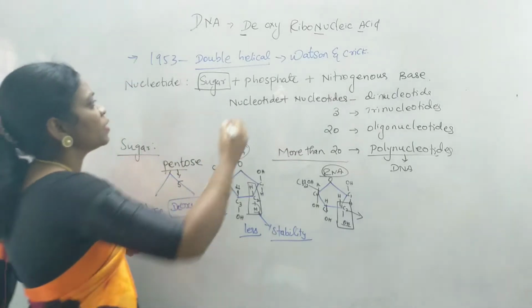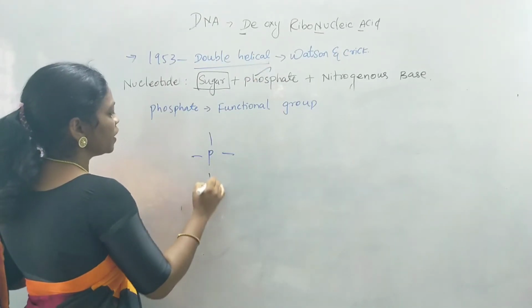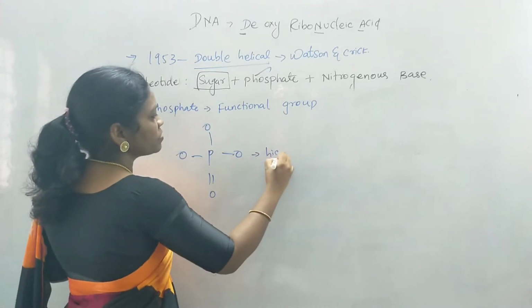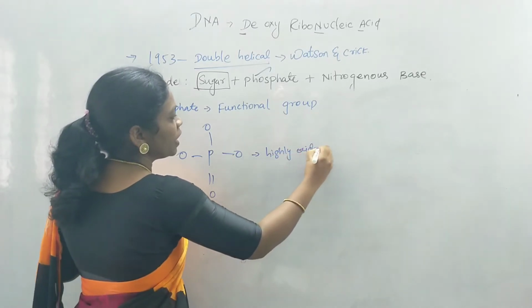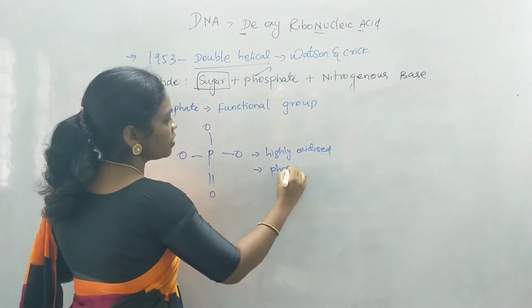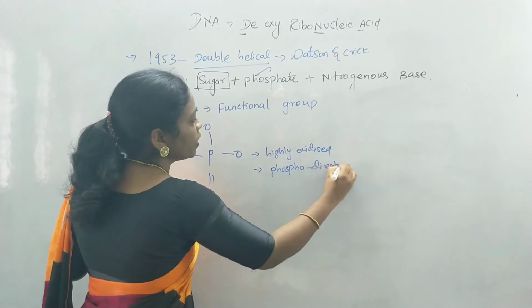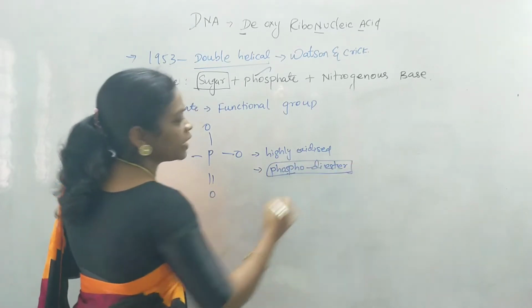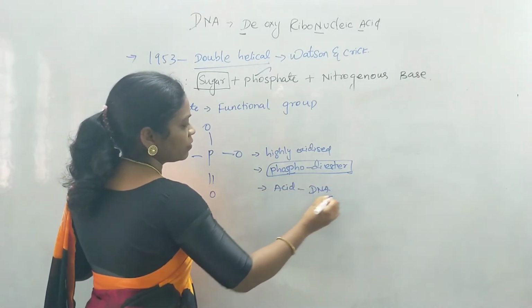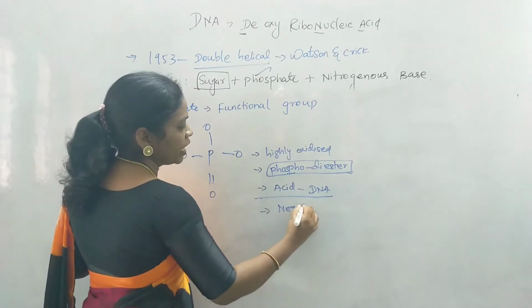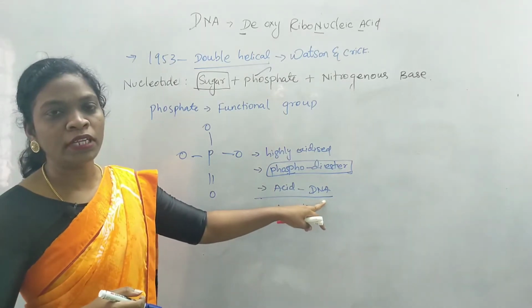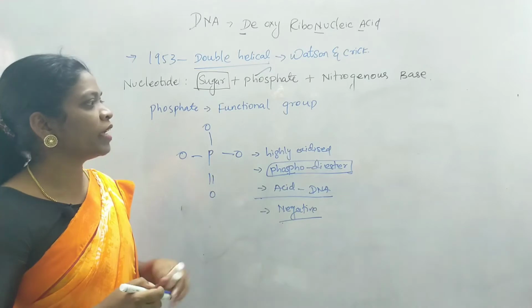We'll go with the next structure, that is phosphate. You can find 4 negatively charged oxygen atoms attached to this phosphate group, and these are highly oxidized oxygen atoms. The phosphate group with the adjacent nucleotide can form phosphodiester bonds that form the complete structure of DNA. This gives the DNA the character of an acid and also provides the negative charge. This negative charge helps hold the 2.2 meters of DNA inside the nucleus along with the histone proteins. Now we'll move on to the nitrogenous group.